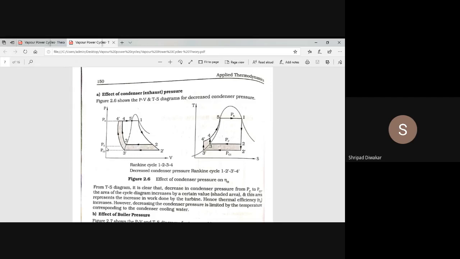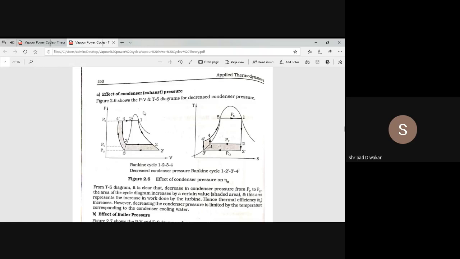In order to decrease the condenser pressure, you have to show one more parallel line below this line. Call that point PC1. So PC is your original condenser pressure, and to decrease it you have to draw one more parallel line. And here you draw one more parallel line with respect to 3, 4. The very simplest way is to draw two parallel lines: one line 2 dash 3 dash parallel to 2, 3, and one more line 3 dash 4 dash parallel to 3, 4. This work is over.